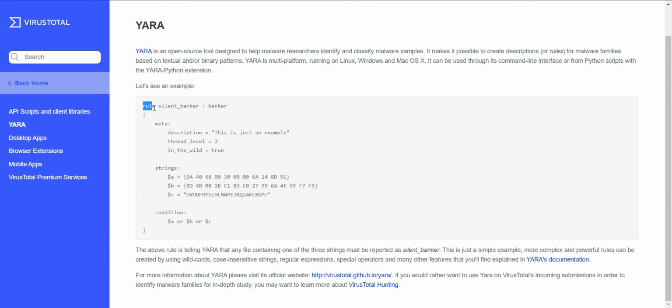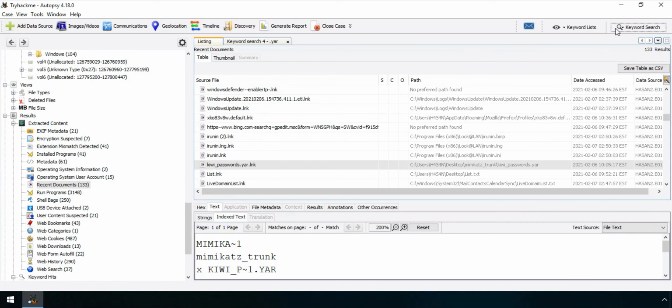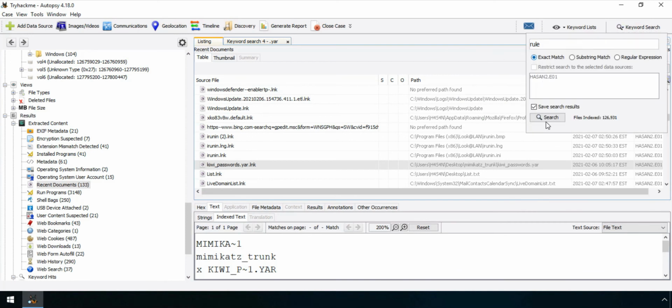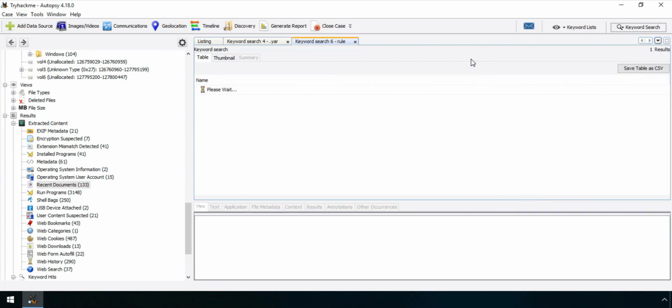As you can see, the Yara file will include this keyword, rule, for defining a certain rule. Okay, so I will do a simple search of rule. Let's see what we can find.